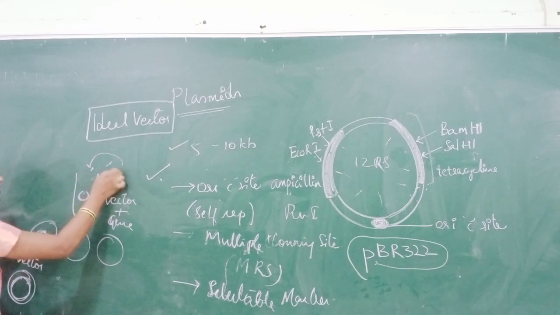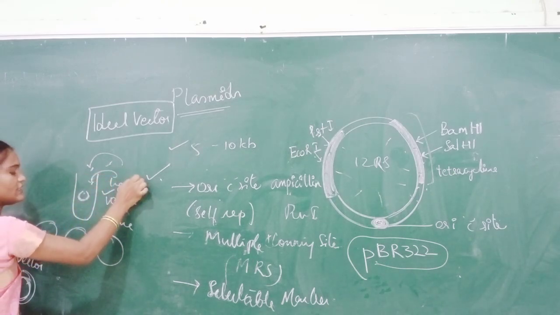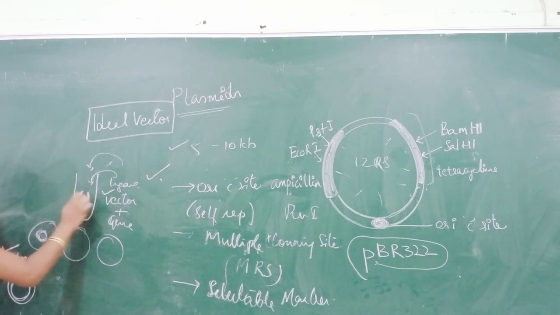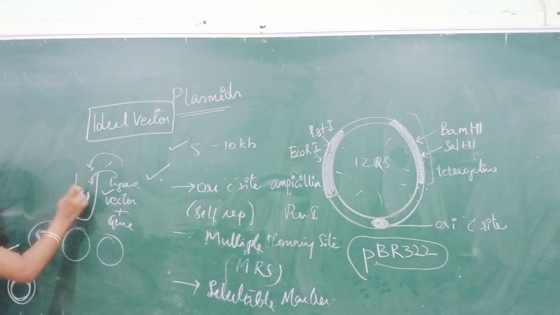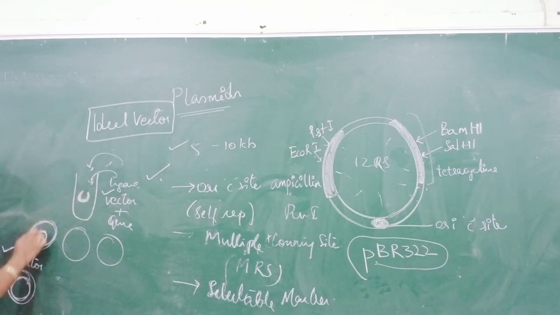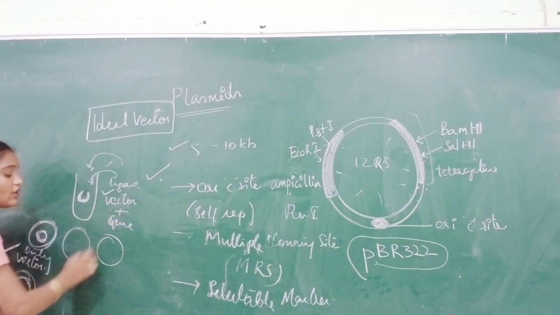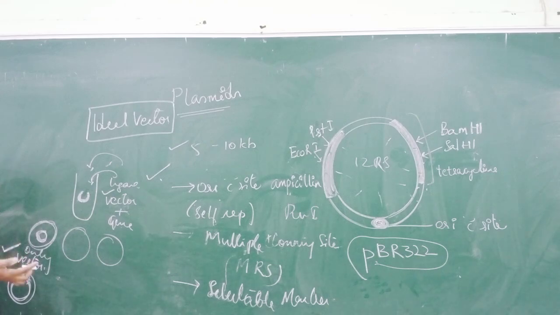In this reaction mixture you will be adding ligase enzyme also, isn't it? So due to this gap, this particular vector may self-recircularize upon itself. These two free ends can pair up with each other, and only the vector is paired. So in this reaction mixture only the vector is paired, and no gene of interest is present. So only vector. In the second reaction, vector DNA plus your gene of interest may take place.